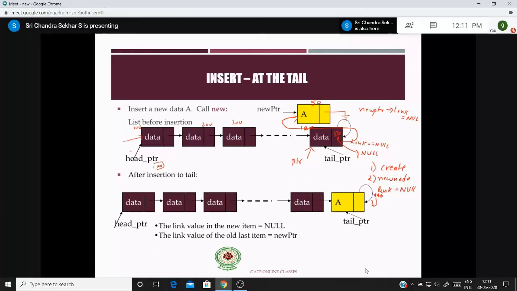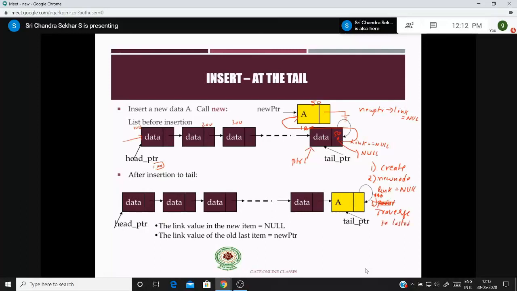For traversing, you should not disturb this header pointer, and you create a new pointer called ptr1, and you make it as 100, and then you traverse from this first node to second node to third node, and then you move to the last node. So point to the last node or traverse to the last node.